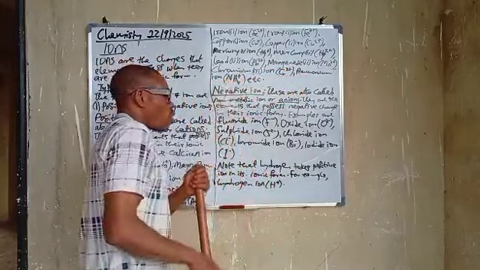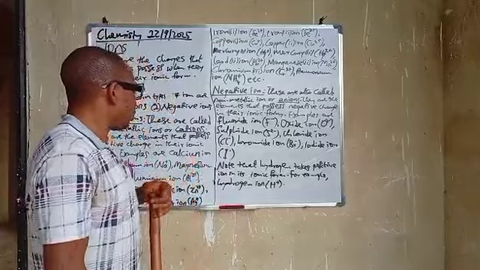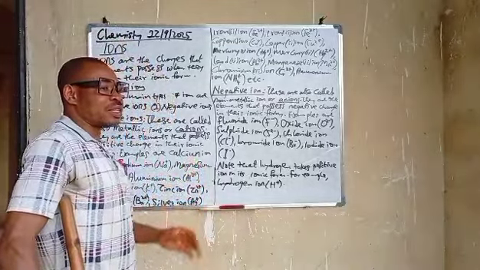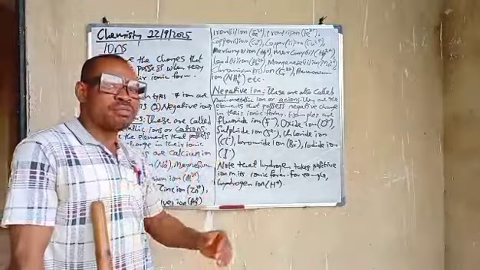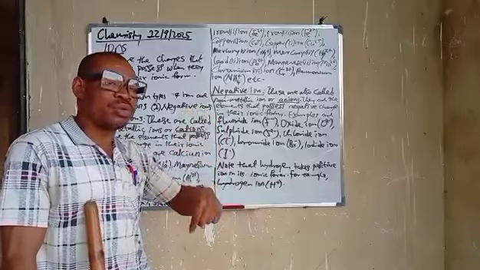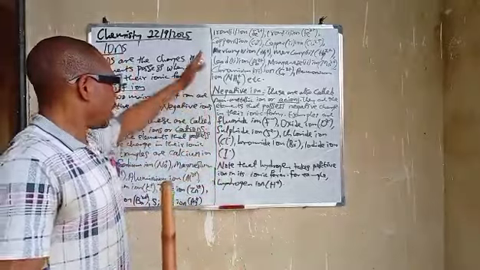NH4+. Looking at this, in our last class, I told us there are some elements that if you want to make use of them in compounds, you must mention the valency they use in that compound. Like here, in the ionic form,